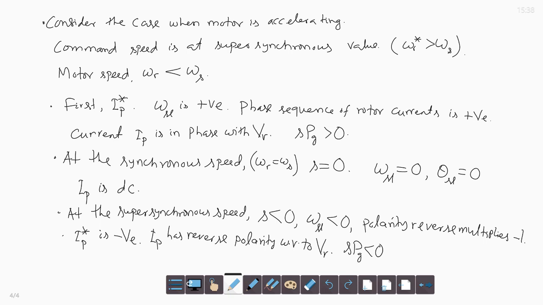So, this is how the scheme works. The same thing can be derived for subsynchronous regeneration also, so for different cases this can be extended. In this Scherbius drive, for continuous regeneration in a variable speed constant frequency wind generation system, the control strategy remains the same, but the active and reactive currents IP and IQ of the cycloconverter are controlled to control the generator's real and reactive power. So, it is used in variable speed constant frequency wind generation.